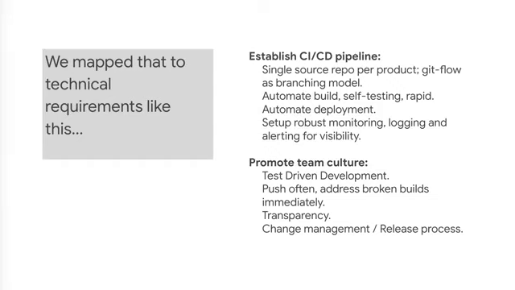To push to production on demand, we needed to analyze the development process. We figured out that a single source repo made the most sense for the whole team. We decided to go with Git flow as a branching model instead of other kinds of development. We automated the build process, but also we made sure that the builds were self-testing using test coverage. And we measured the build process and made sure that it was rapid. We also automated the deployment of the solution software.